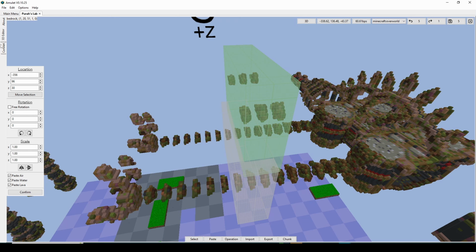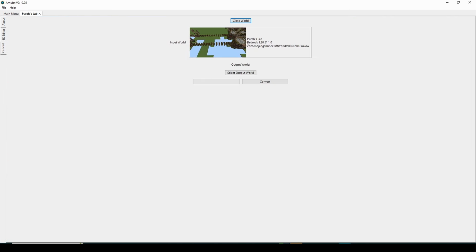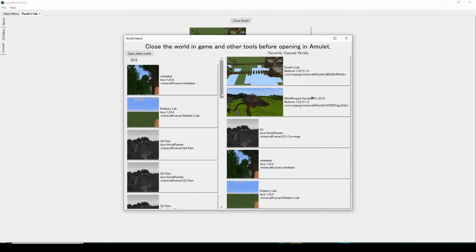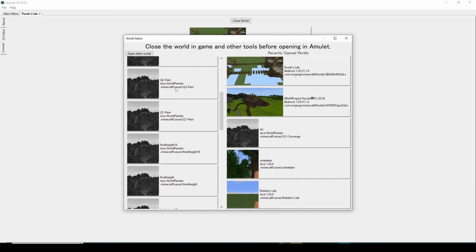Let's open to the convert. You have your Bedrock world, select your output. It has to be a Java world. You don't need to own Java. You just need an empty Java world. In this case, I use this one right